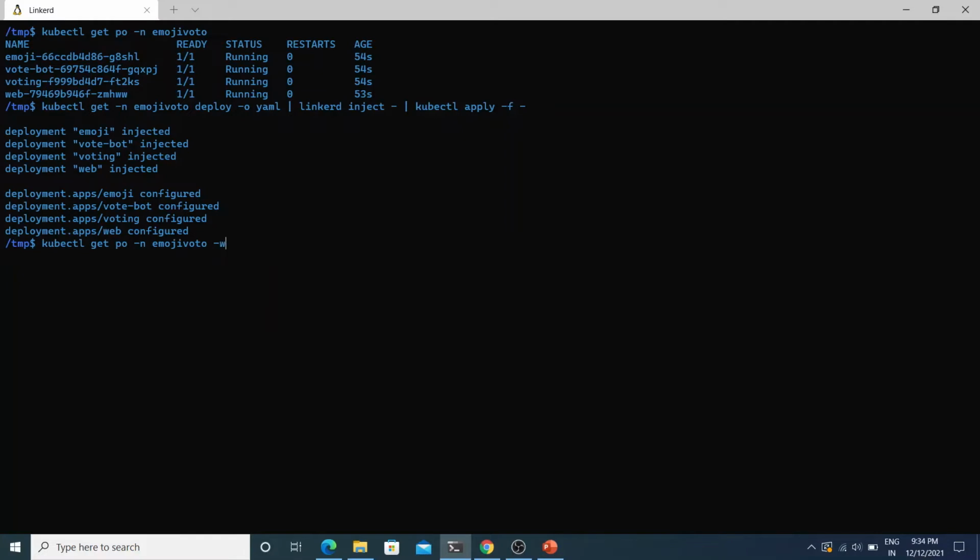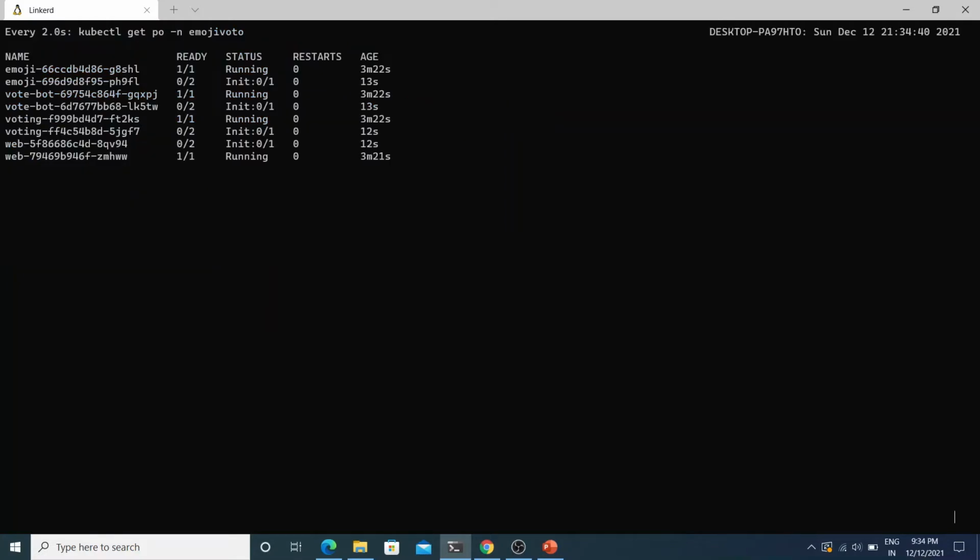Now let's watch the output of kubectl get pods. Here we see that new pods are coming up with 2 containers. This includes the proxy for the Linkerd. The previous pods will get terminated and we'll see it in a minute.